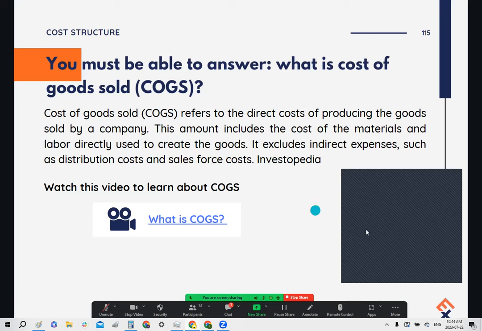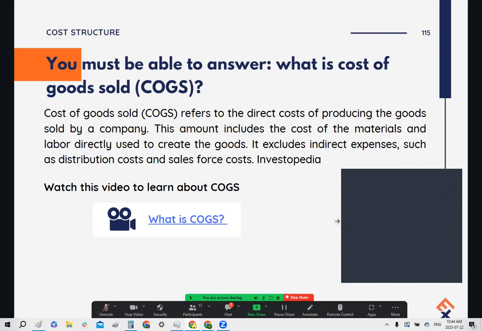Anyone else? As for your business, how are you considering the cost of goods sold? And as you're thinking about it for your business, I will read this definition so you have one, and really thinking through about personalizing, looking at, and Ryan's going to get into this today as well, so I'm excited about that. So cost of goods sold, or COGS short form, refers to the direct cost of producing the goods sold